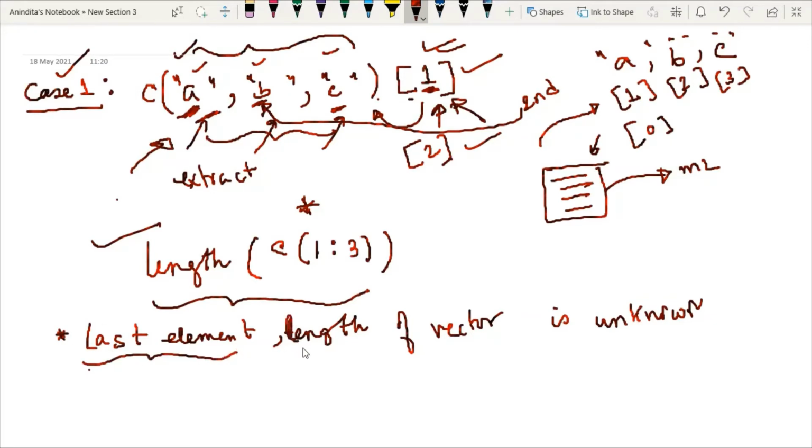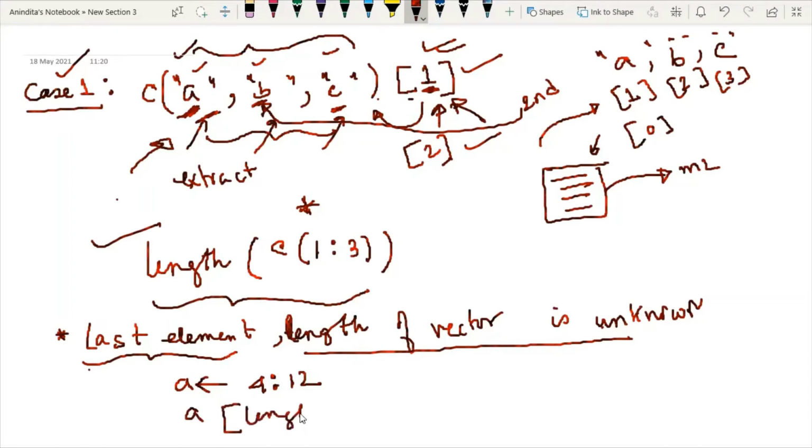However, the length of the vector is unknown to me. So I can embed the length function within the square bracket. Means, say I will take one variable and inside that variable I will write some length of the vector, and afterwards I will embed the length function inside the square bracket. Now we have to understand the meaning of this line.